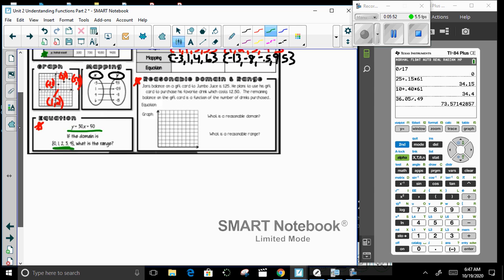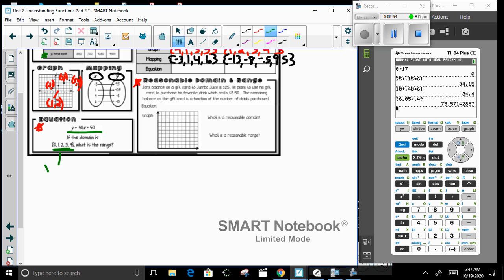Very good. Domain is your x values. So if these are all my x values, how am I going to find my y? You can do this one of two ways. It does kind of mean wherever I see x in the equation, I can plug in those values. So for the first value of x,